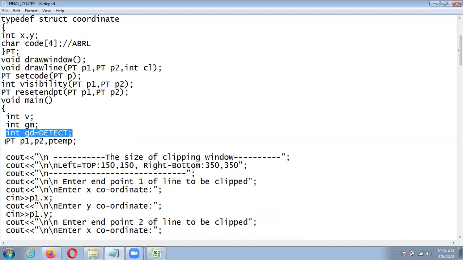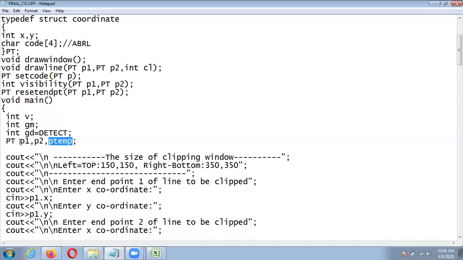Now here we are defining three points of type PT, that is of type structure. Here we are defining P1, that is one end point of the line. This is P2, the second end point of the line, and here is Ptemp, a temporary variable of type PT.